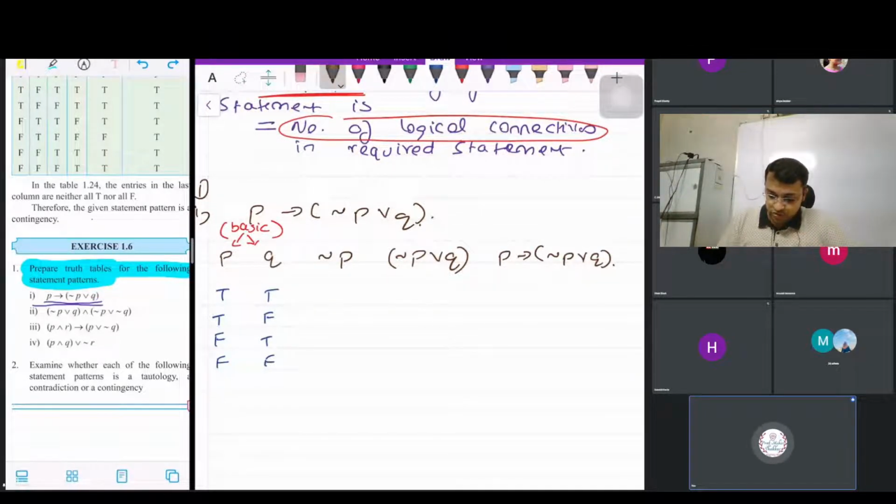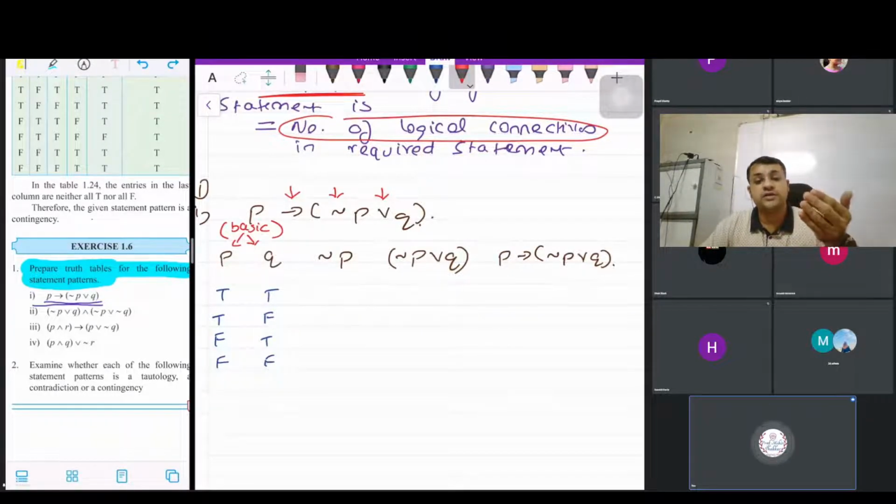Okay. So how did I make the additional columns? The thing that I used is the connectives. There are three connectives, connective number 1, connective number 2, connective number 3. But I should know how to decide the order in which I have to make the additional columns. So if you know the order, it will become really easy for you. So understanding the order is important. So focus. The first thing that we have studied from the very beginning of mathematics is to look after the brackets first. So what is the bracket? The bracket is this, negation of P or Q.